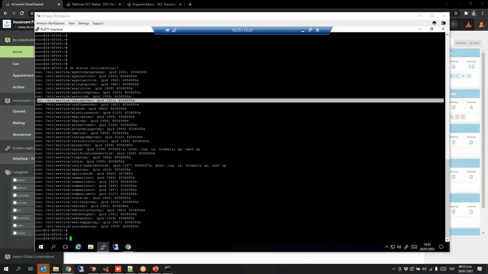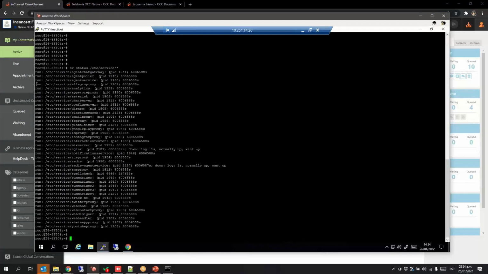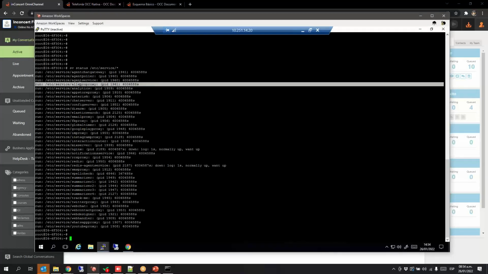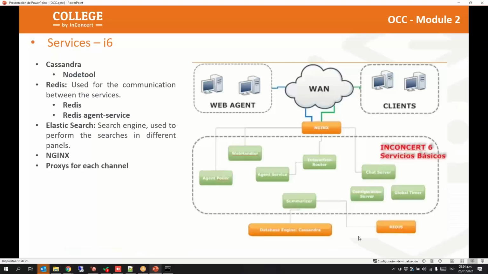Okay. So also, what is the difference between Allegro and Elastics? What is the role of each service? This is a service that works when we have integration with Allegro. Allegro is another platform of inConcert that hosts all the telephony. When we didn't have